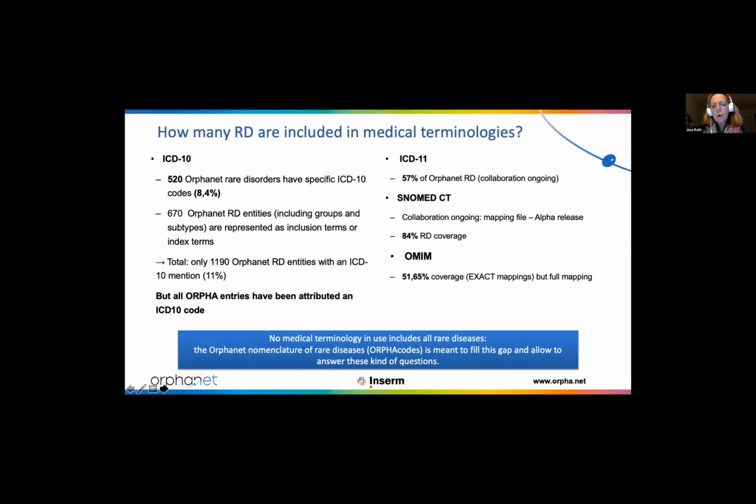Because there is no medical terminology that includes all rare diseases, and even when rare diseases are included, they are mixed up amongst non-rare diseases. So there is no way to differentiate the rare from the non-rare, and to make aggregated data based on rarity